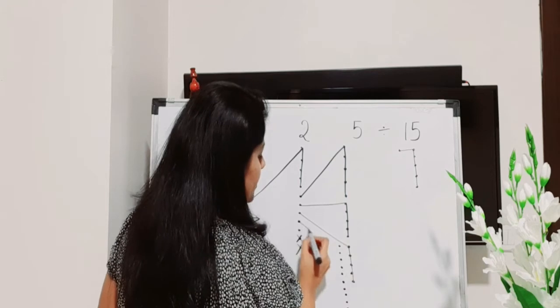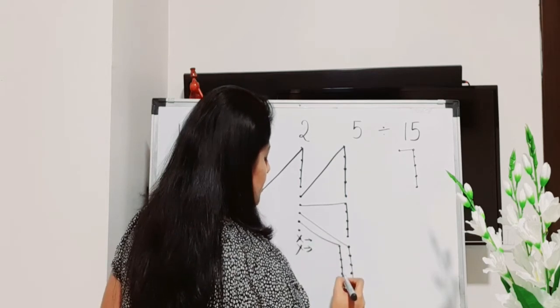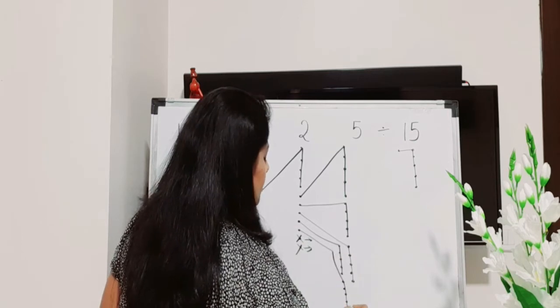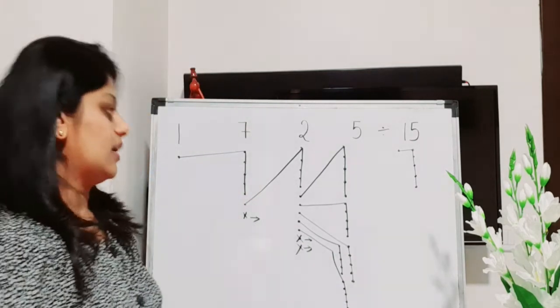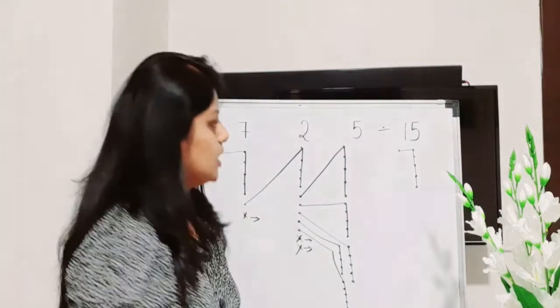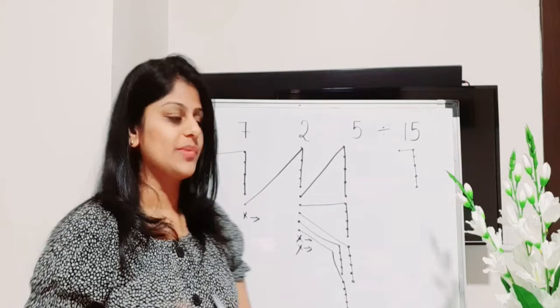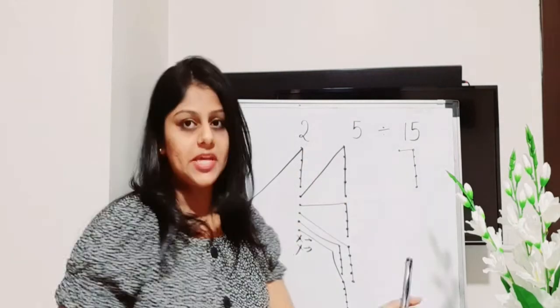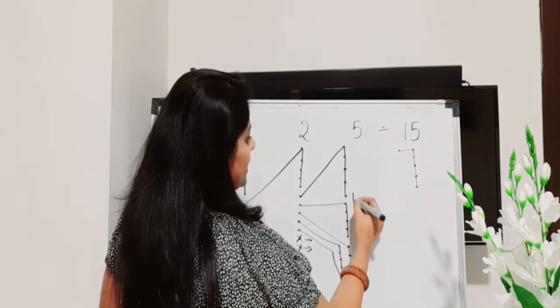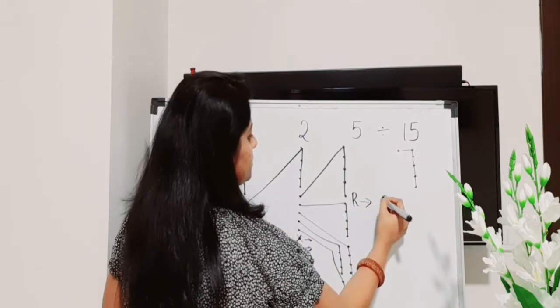So one dot from here and 5 dots from here, then again 1 dot from here and 5 dots from here. Now you can see that our third column, all the dots have been completed, and last column also we don't have any dots remaining. Therefore, no dots remaining means what? The remainder will be what? 0. So we'll get the remainder as 0.